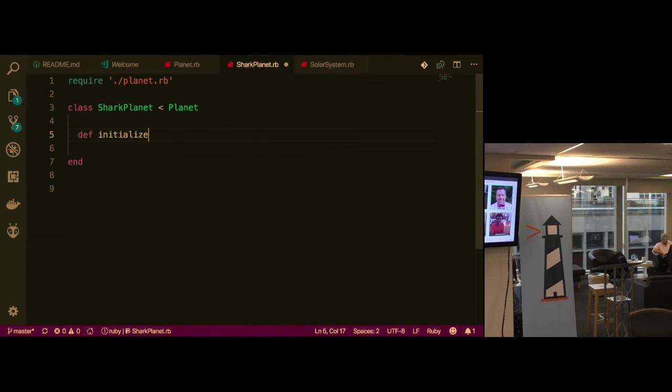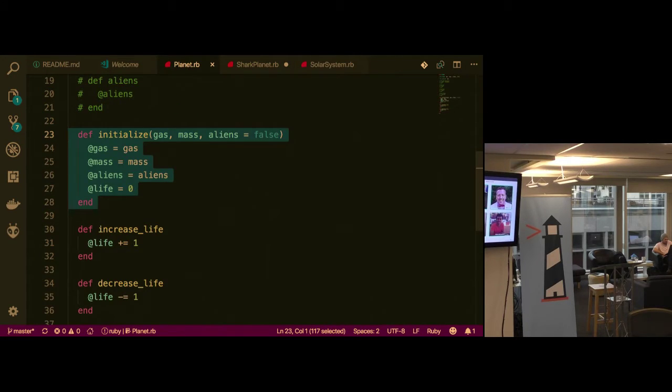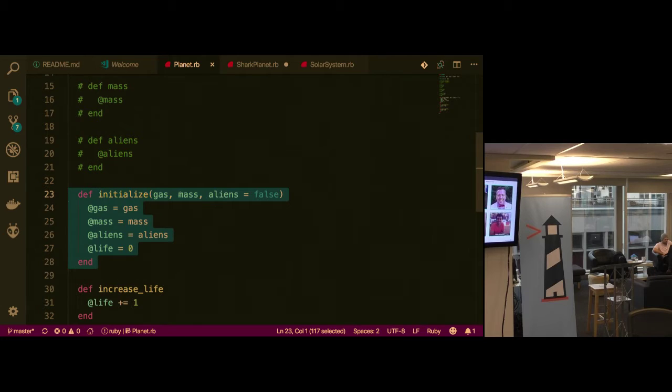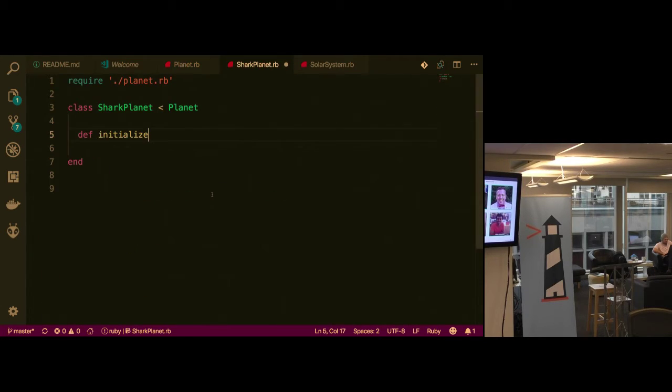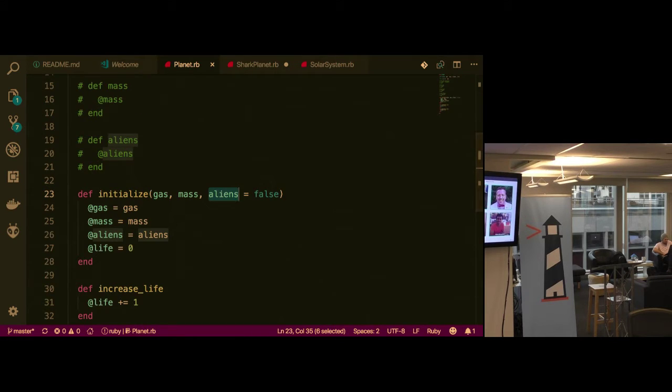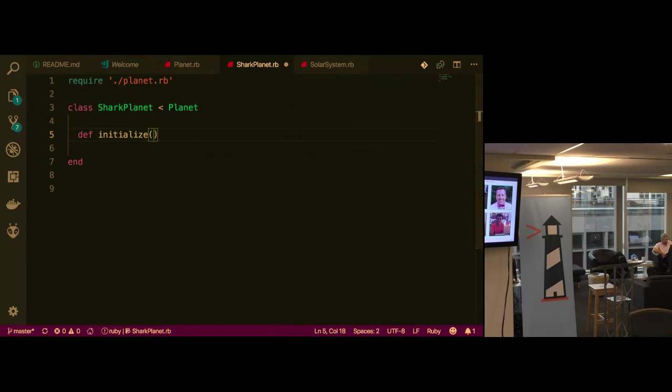Initialize. My planet is expecting 2 parameters, maybe 3. Right, but do I need to specify gas and everything in here? Does this need to expect the same number of arguments that the superclass does? Or can I go completely custom here?